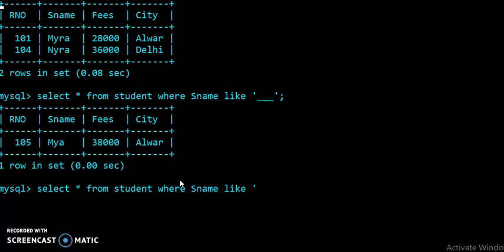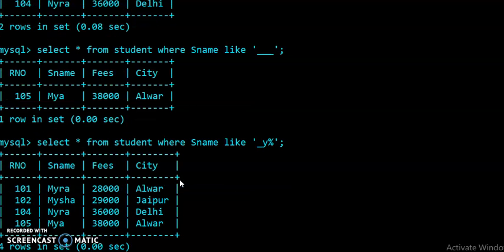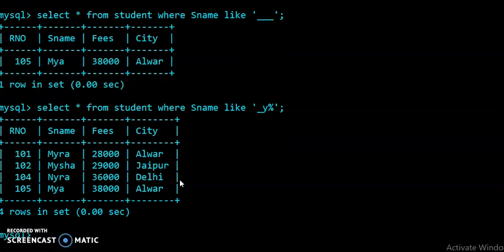So in place of the first character I am putting the underscore, and I want the second character to be Y, and now after that I will apply the percentage symbol. Then you can see here that 4 records are displaying as an output, whose name's second character is Y, and the first character can be any character, M or N.